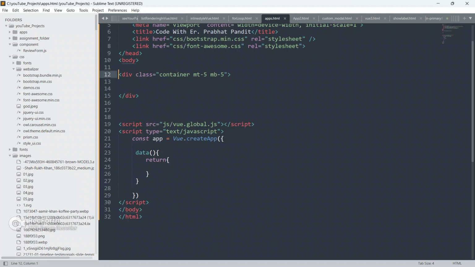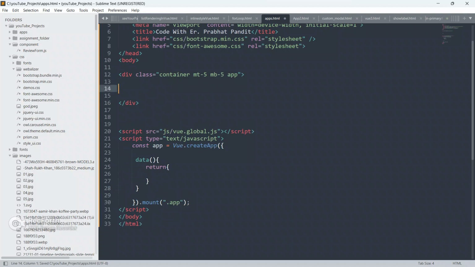So now our Vue.js instance is created guys, but we have to mount this div to this Vue.js instance. To do that, we use dot mount, and we will put id here or class. So let me put class here only. So now I'm gonna copy this class name from here and I'm gonna paste it here. Okay, so now this entire div is mounted with this Vue.js instance.